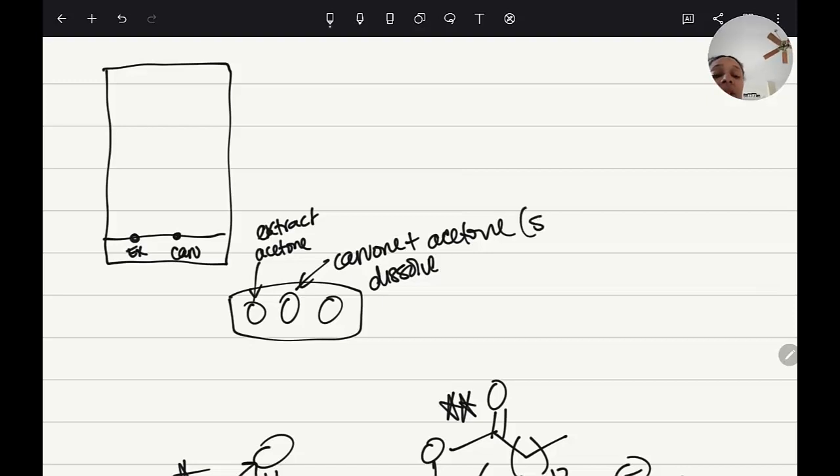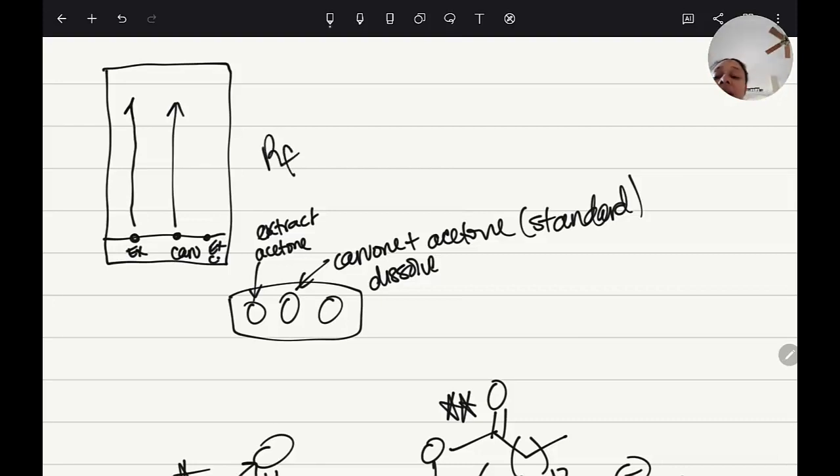This is going to be your standard for comparison. And sometimes what people will do is run the Carvone and the extract on top of each other. And so what you're going to do is run it in the solvent, and you're going to document your RF values,